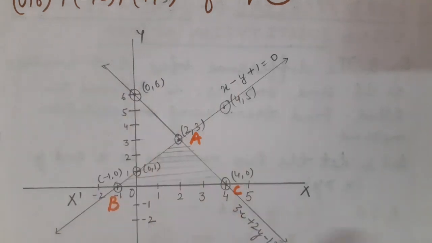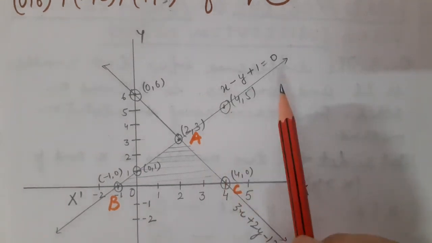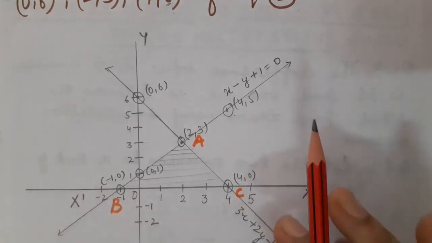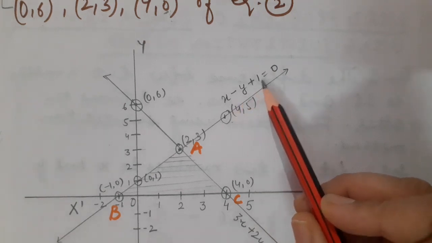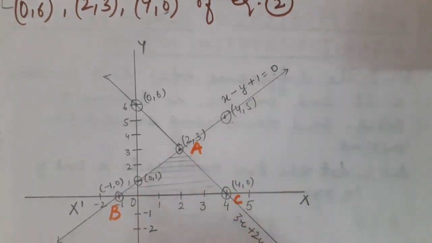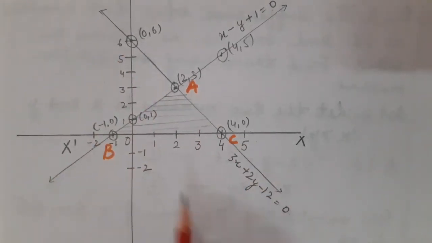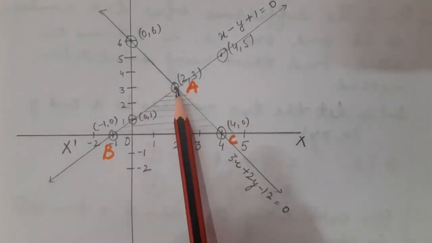And after that I have just joined these very points. Fine. To represent these points in a proper manner, I have also written the equations to which these coordinates belong. Like here I have written the very first equation, that is x minus y plus 1 is equal to 0, meaning these coordinates belong to equation number 1. And here I have written, children, equation number 2. These 3 coordinates are related to equation number 2. Clear children?